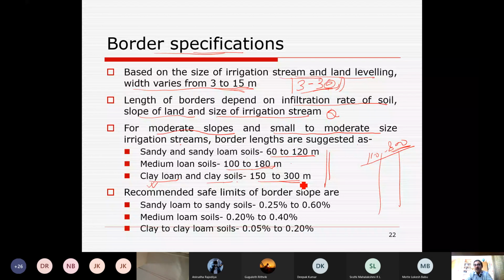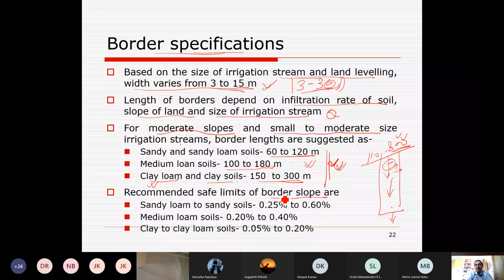To cover a longer area, there is more loss due to evaporation as well, because water is there for a longer time until it reaches the longest depth. More seepage is possible and so on. So losses will be more than the benefit of water as irrigation in terms of efficiency. So these are general ideas we need to take into account to decide the width of the border, the length of the border, and the recommended safe limit of border slope, which usually